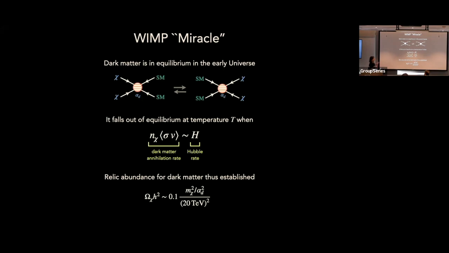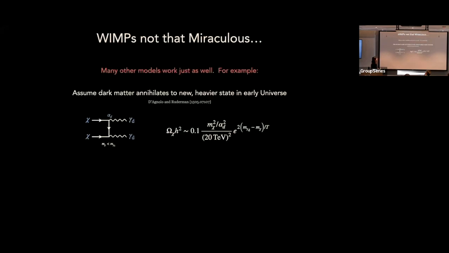Now, the question is, is this really a miracle? How much of a miracle is it? You may just stare at this and say, well, okay, if I change these ratios a bit, this will still work and I get different masses, right? And the answer is yes. Over the last decade or so, there's really just been a tremendous amount of thought in the particle community about interesting ways in which you can do this and move away from this WIMP paradigm. And I'll show you one that I like pretty much for its simplicity.